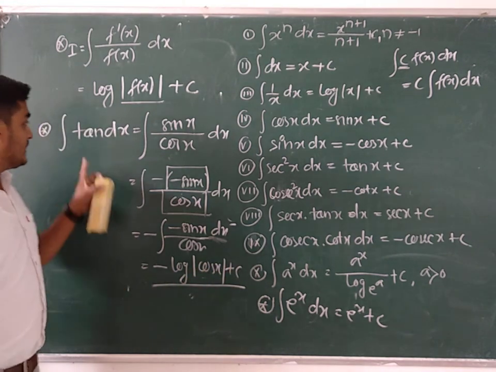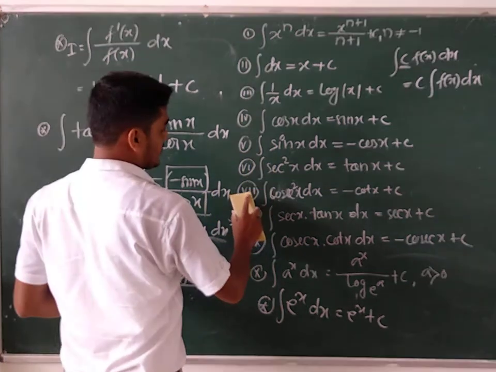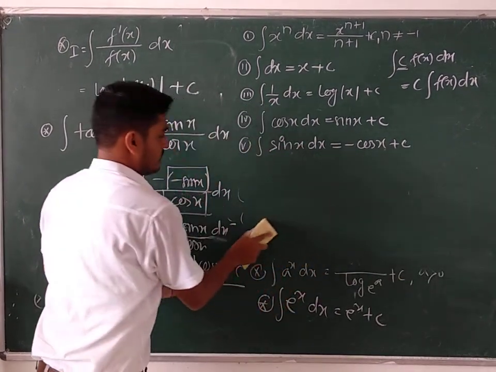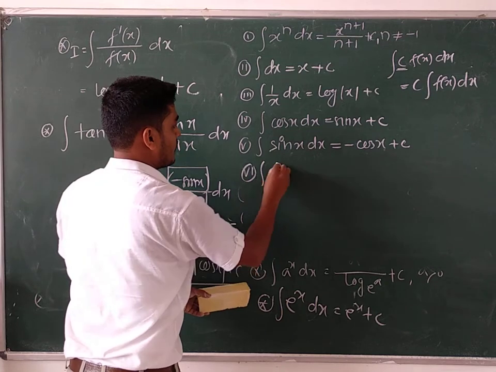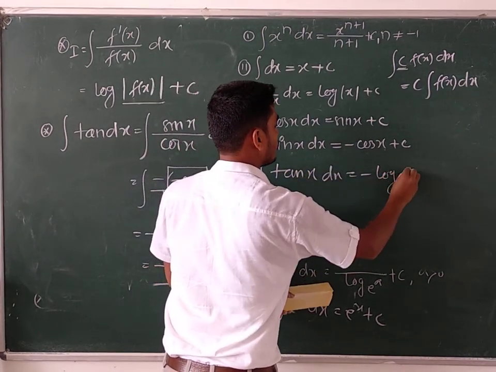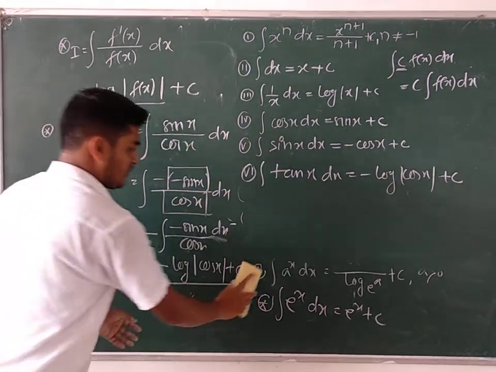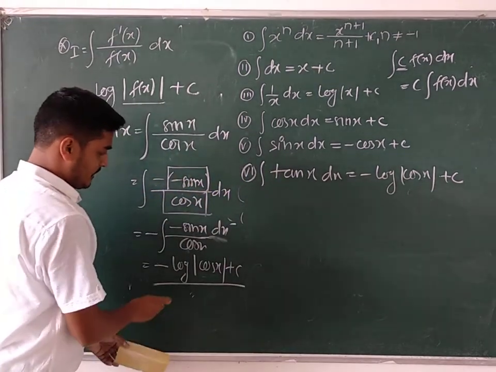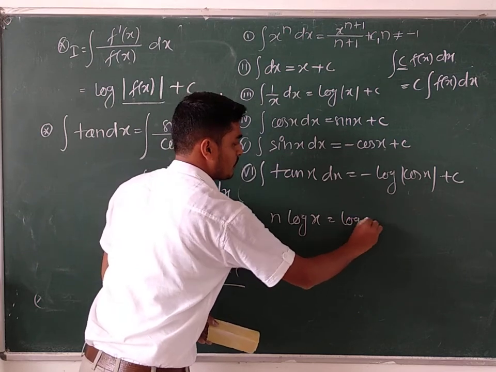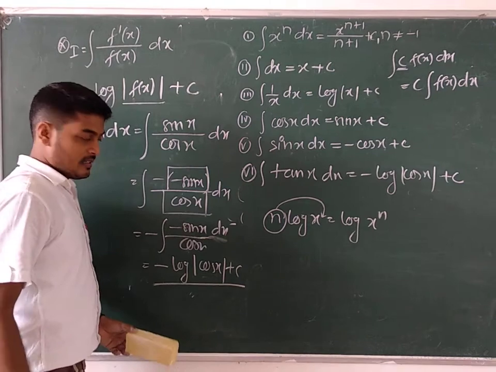Correct? So the integration of tan x means minus log of cos x plus c. Listen, this expression can also be written differently. It is known to you that n times log x can be written as log of x to the power n. That means this constant quantity can be written as the power of x. So in the same way,